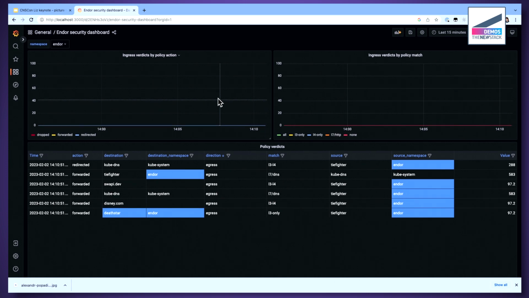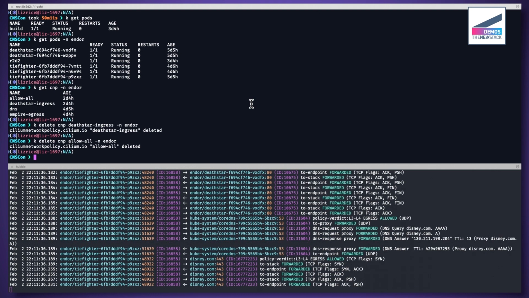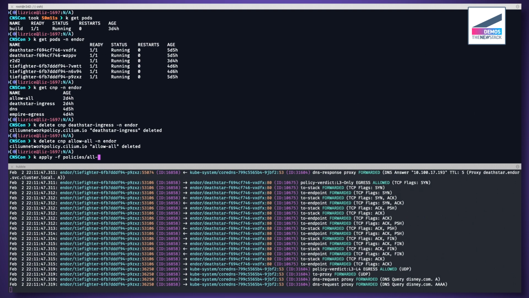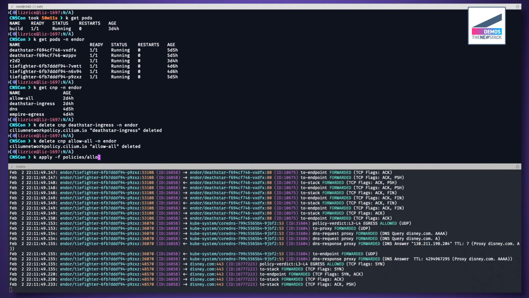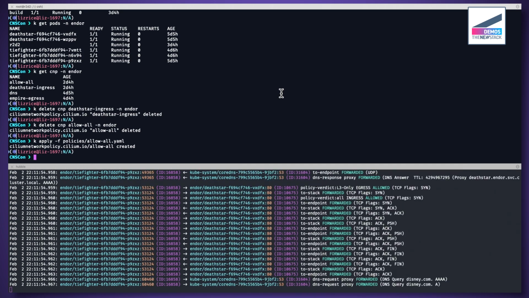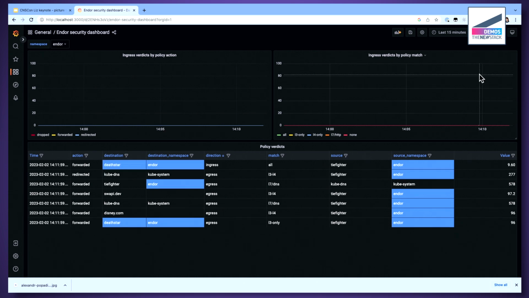Wow. At the moment, we're not seeing any data generated by ingress policy verdicts, because we don't have any ingress network policy applied. So I'm going to, first of all, apply an allow all policy that is going to allow all traffic in the Endor, around the Endor planet. Okay. So now we should start seeing in this dashboard, it may take a little while to populate, but we'll start seeing